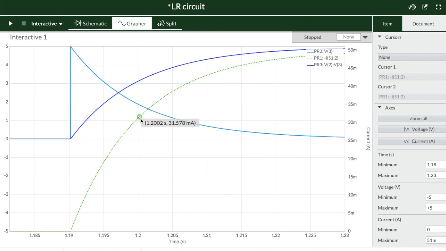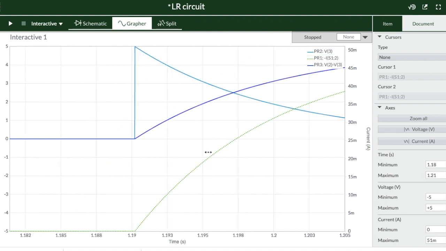So let us take maximum time as 1.205. Now let's come to 31.5 milliampere. This is 31.468, 486.